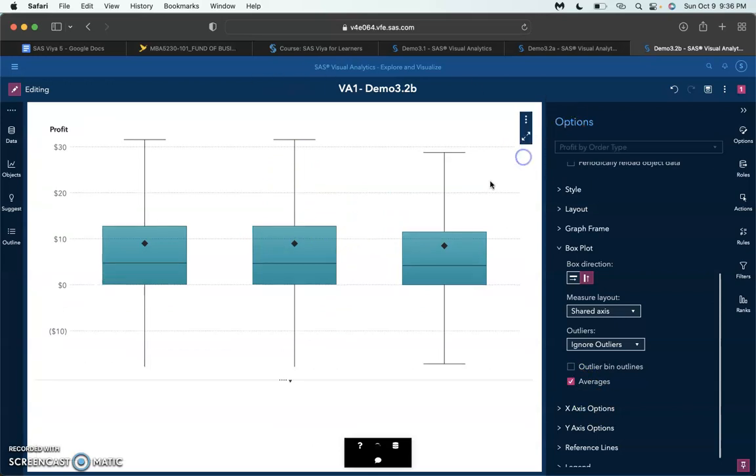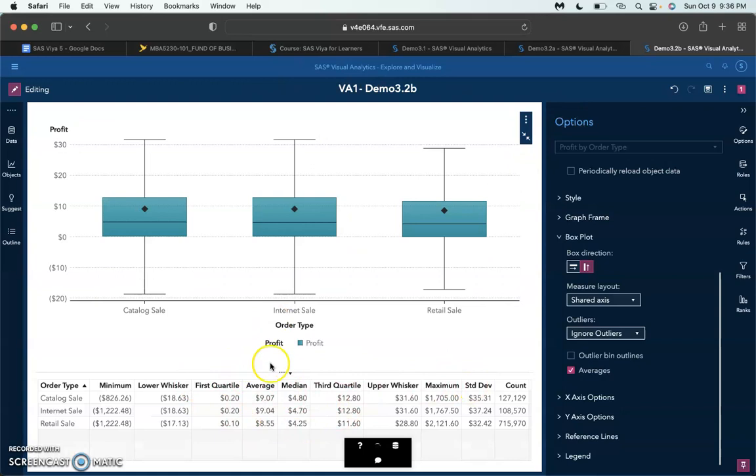So we're going to maximize it right now, and you can see that there are descriptive statistics for profit for each order type. That's where you'll get all your information from, standard deviation, everything. Then we're going to restore it, and